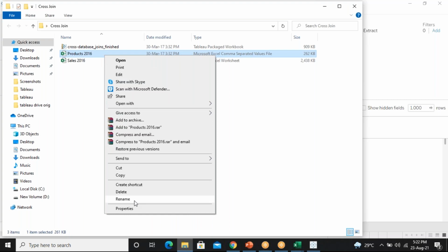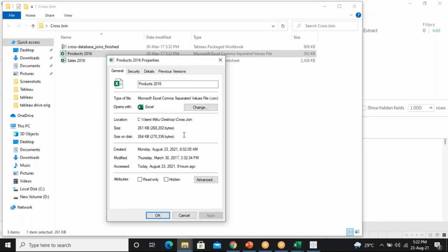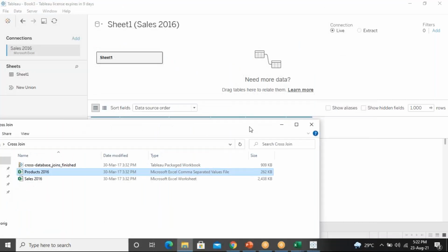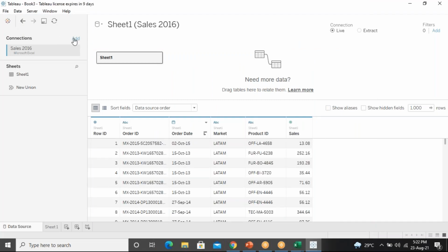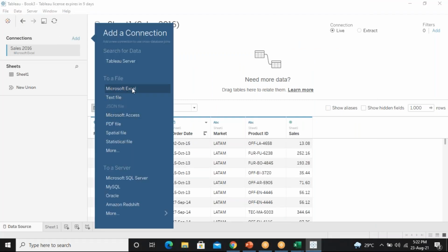And I do right click on the file. If I go for properties, can you see here? .csv. So that is nothing but called a text file, a notepad file. So if you're trying to search for that particular file by clicking on add using Microsoft Excel, you will not get it, because CSV is one type of text file.